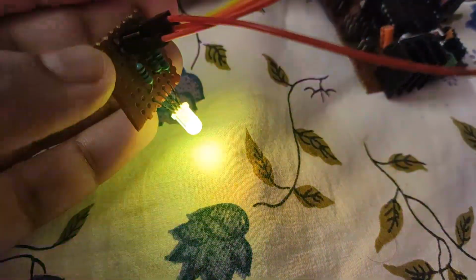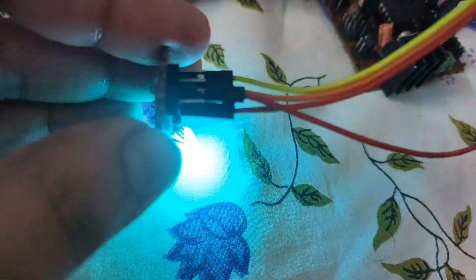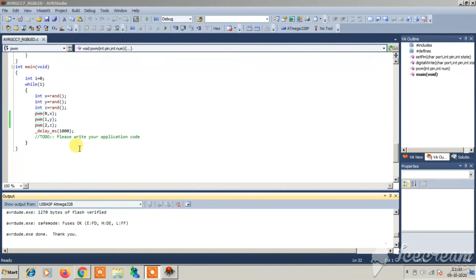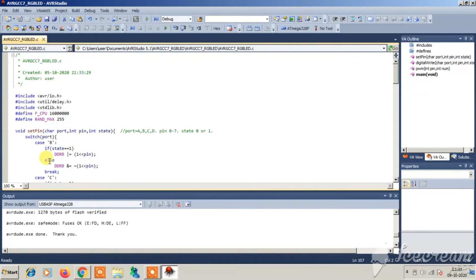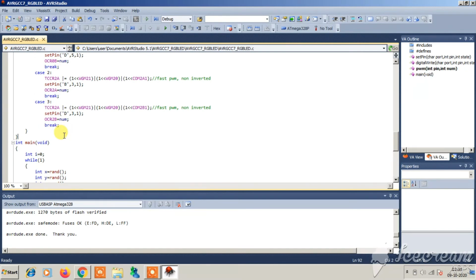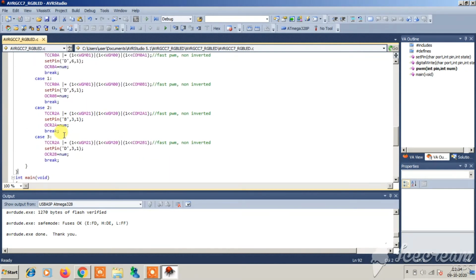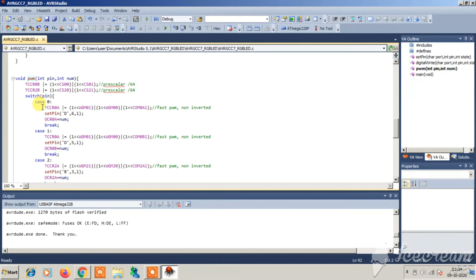So our experiment is successful, our PWM experiment is successful, and you can see now here the random colors. Now you can generate your own custom defined colors for your application, and this code will be posted in my GitHub account so that you can download and tweak it as per your requirement. Understand this PWM feature very well so that you can build your own code, understand the code fully, and you can also use the phase correct PWM mode as a homework for you. This PWM feature is quite handy to use.